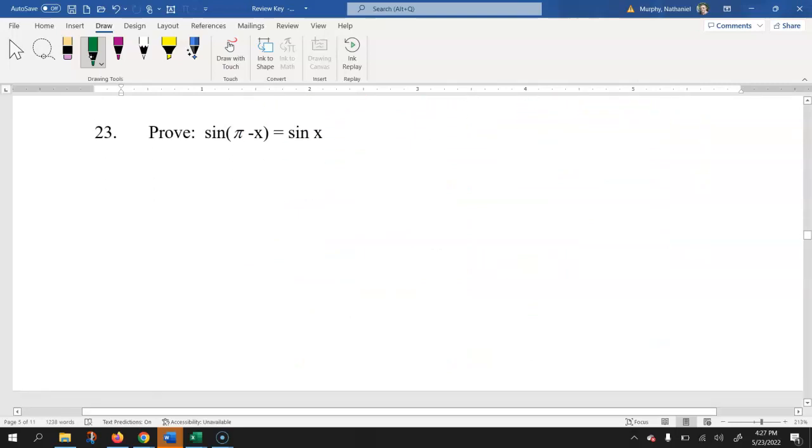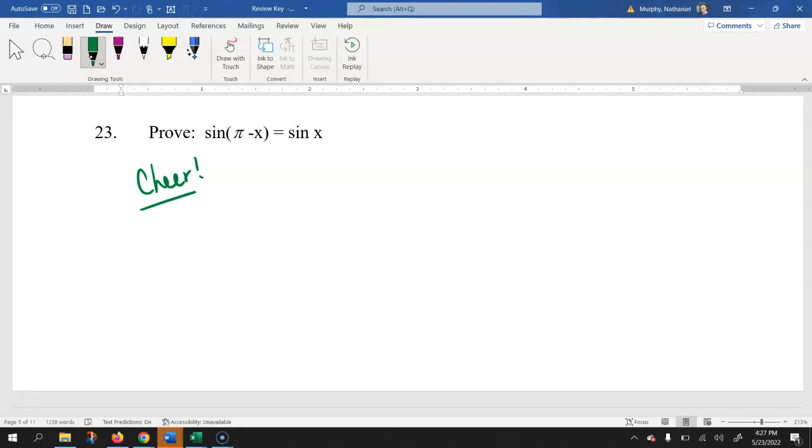All right, so let's do this proof. We have sine of pi minus x. Trying to prove that equals sine of x. Now you might be stuck because what do you do with this? Distribute the sine? No, do not distribute the sine through. If you did that, that's nothing like we ever did. This we have to use